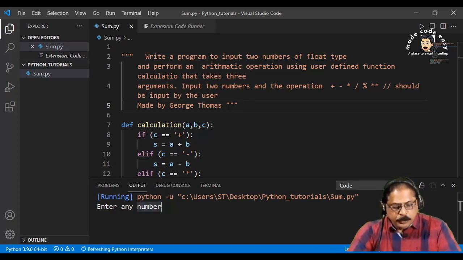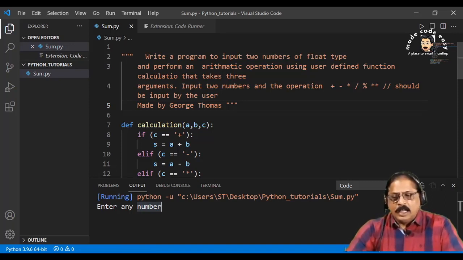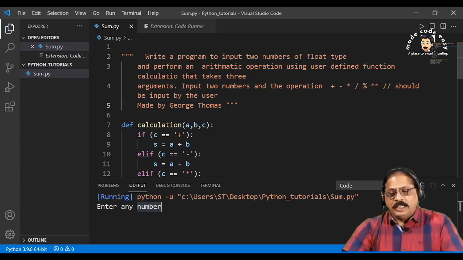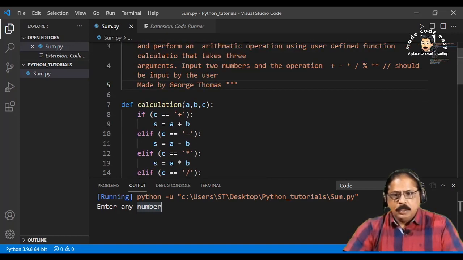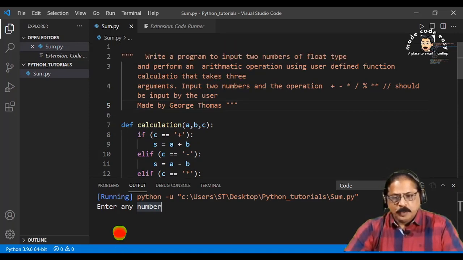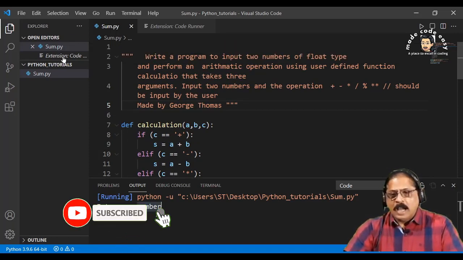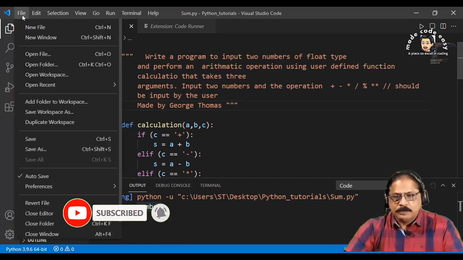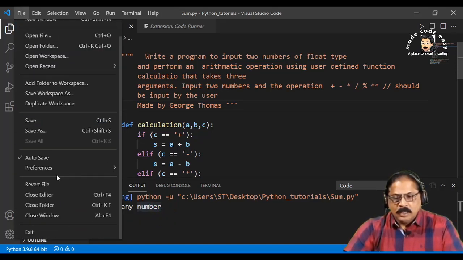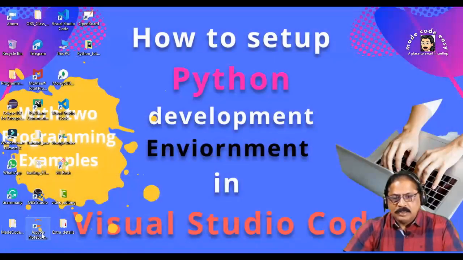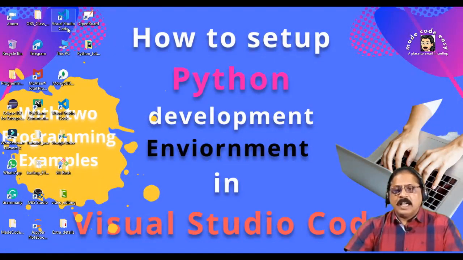And the output window will not take any input. This error you will encounter when you start taking input here. So what you have to do, you have to close this, save the program and exit and start again